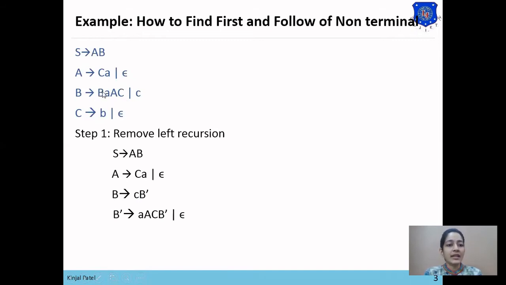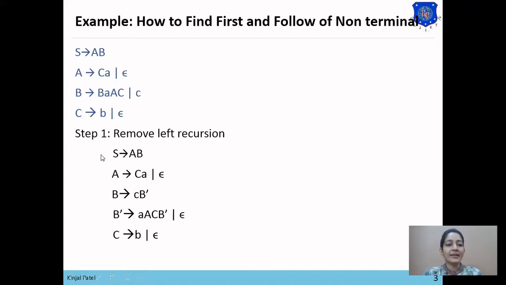In the first alternative there is left recursion, so we select the term except the first non-terminal symbol, because the left recursion is happening there. The remaining part is AAC, so we select AAC followed by B dash. B dash is used to compute the recursion of this term. So B dash derives AAC B dash or null. The last statement will also be as it is. Now here is the grammar which will be processed to parse the input string.